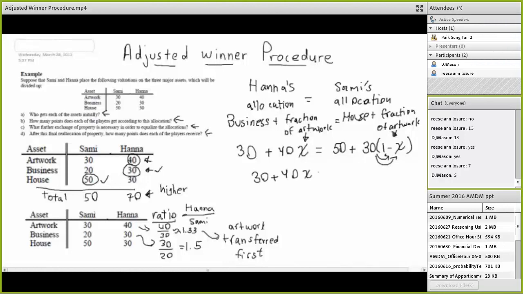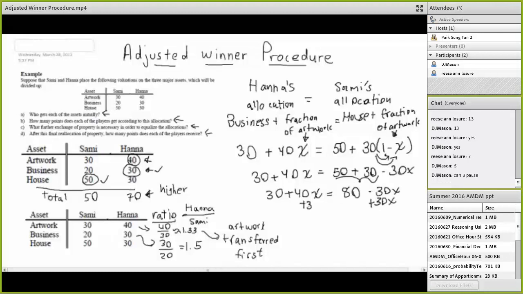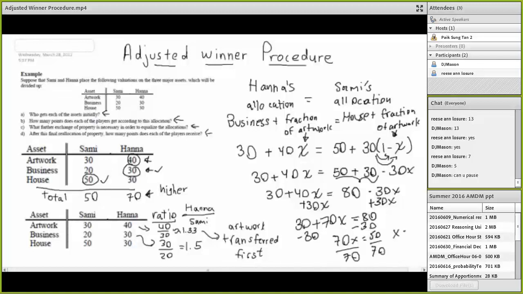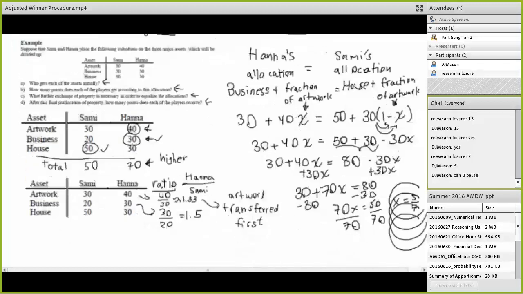So 30 plus 40x will equal 30 plus 30 times 1 is 30, and 30 times x is 30x. We'll combine the like terms here. So we have 30 plus 40x will equal 50 plus 30 is 80, so 80 minus 30x. Now let's get the x's on the same side of the equation by adding the 30x. So we have 30 plus 70x equals 80. Now we'll need to subtract this 30 here. So 70x will equal 50, and we'll divide by 70 here. So x equals 5/7, and that is actually